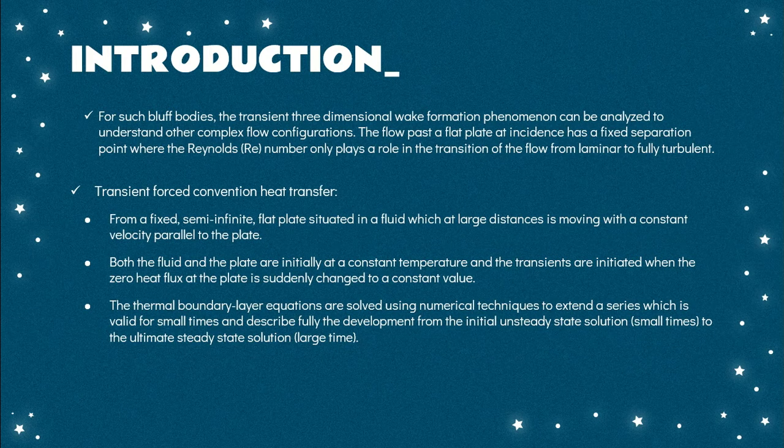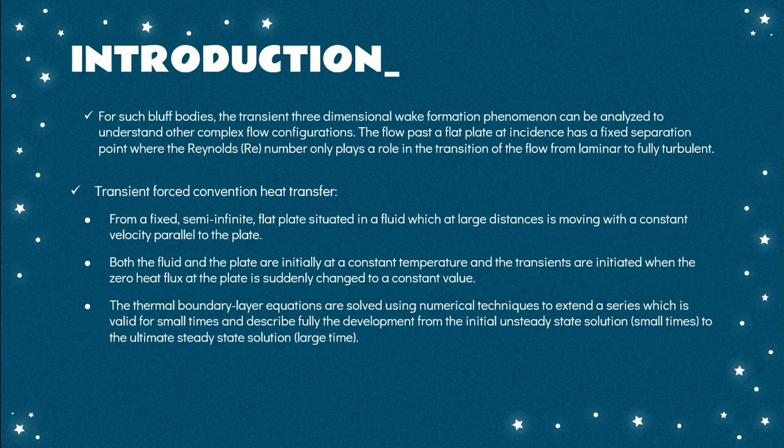The flow past a flat plate, in addition, has a fixed separation point where the Reynolds number only plays a role in the transition of the flow from laminar to fully turbulent. Transient forced convection heat transfer from a fixed